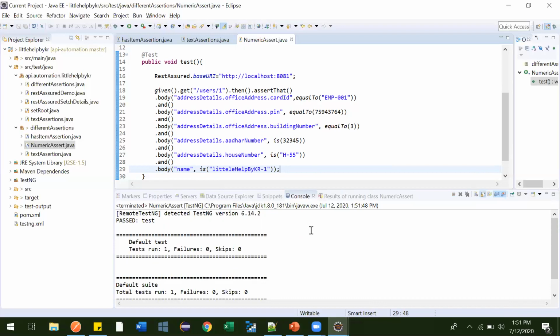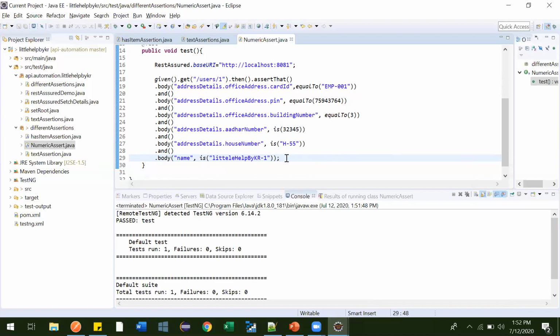So now you can see when we have provided all the actual values, what it is fetching from the UI, which means the API, and the provided values we are asserting, both are equal, then it is passing. Okay, so by this test case you can assure that this user has all the required details we are expecting.